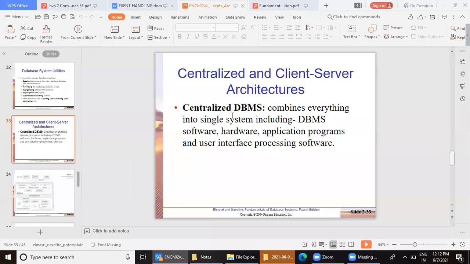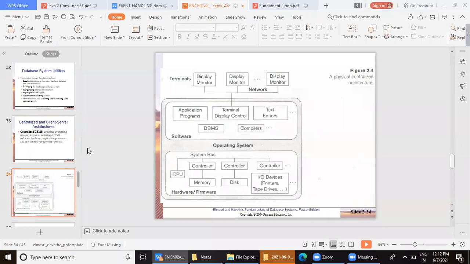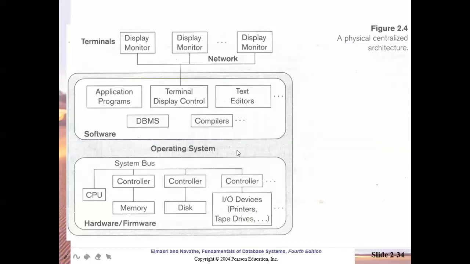But later, as the complexities of this database management system increased, then this client server architecture came into picture. And in this, there were two types basically: two-tier client server and then three-tier client server.